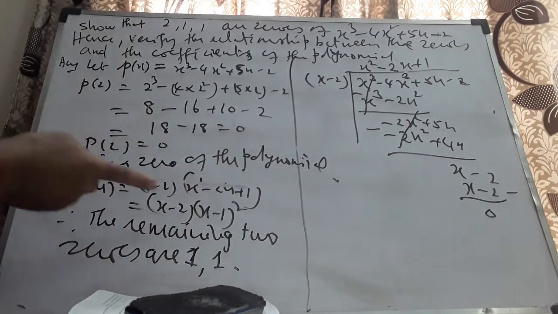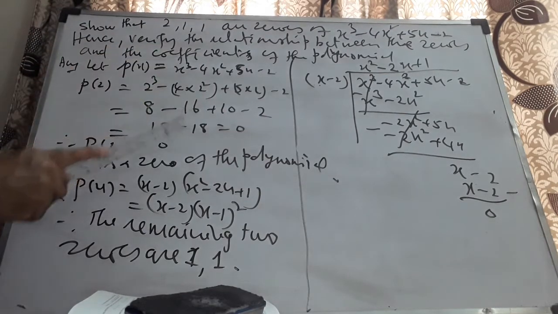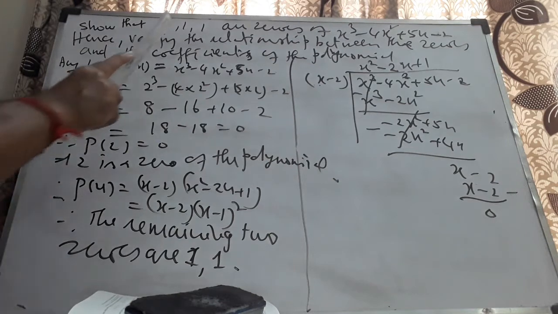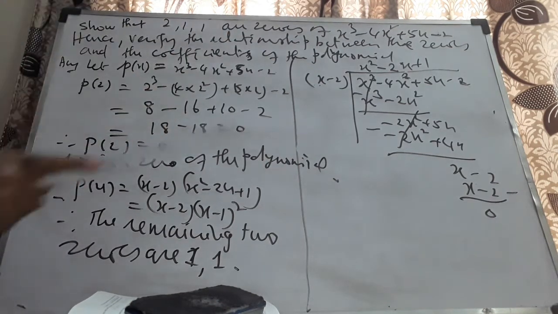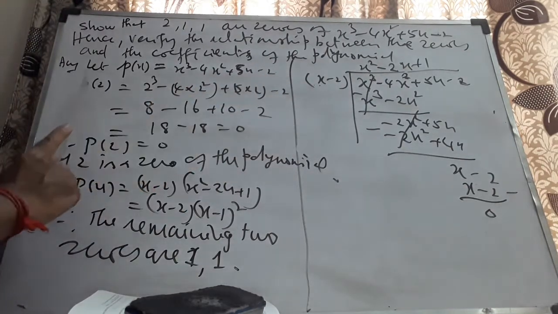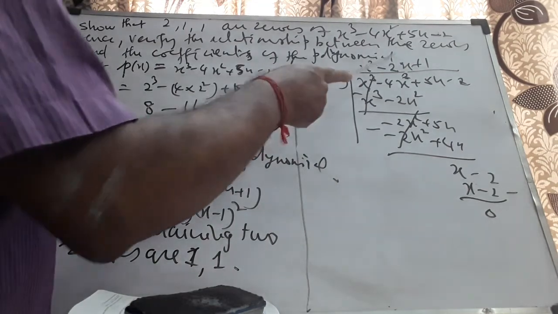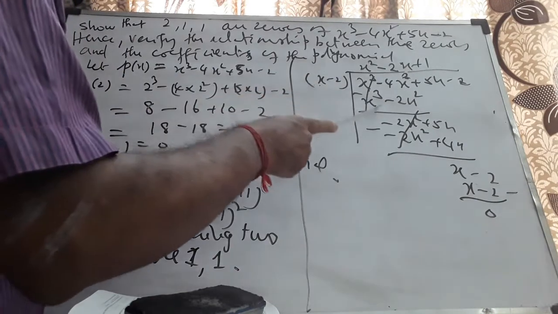I can continue with p of 1 also. If this is a different 0, you can continue with the same process. But you are given a repeated 0 over here. Therefore, let me try with the long division method. Let me divide this by the factor. What is the first factor which we have obtained? x minus 2. Okay, I will get x square, since x cube by x is x square, and x square into x is x cube.